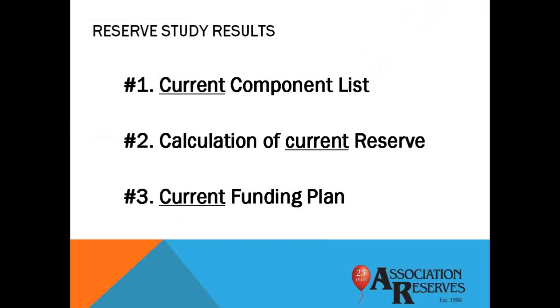But before we can talk about updating an outdated reserve study, let me take a moment to remind everyone of a reserve study's 3 key results: the component list, the calculation of reserve fund strength, and a calculated funding plan. The term current in reserve study jargon refers to the information being tied to the start date of the association's fiscal year. It's necessary to tie the information to the fiscal year starting date because of the time-dependent nature of